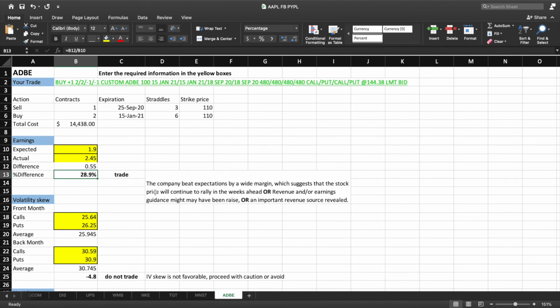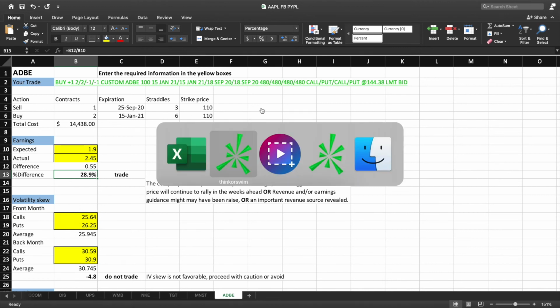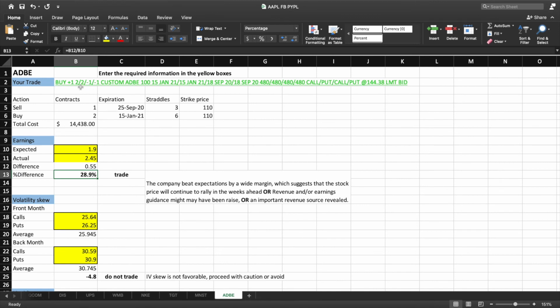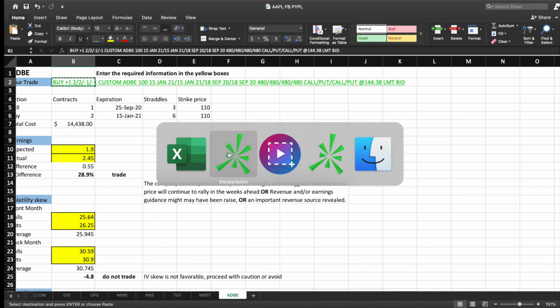Sometimes the good news is not in the earnings, but in some other piece of information that will tell you that the company has raised guidance, or that for some reason it expects a new revenue source. And that's not the case for Adobe here. This is just a good earnings play. Then here we enter the implied volatility. And let me just copy this trade, copy it, and take it to